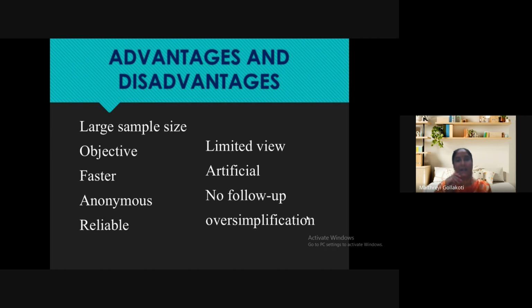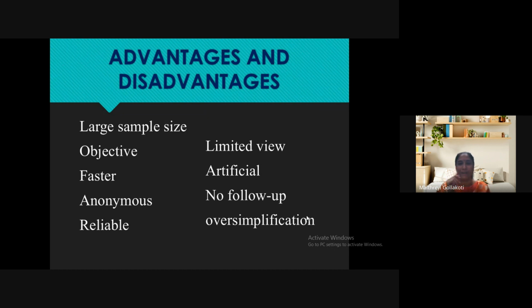Now, let us see the disadvantages. The disadvantage is that it is a limited view. As I told you, the qualitative tool is open ended. You can have a lot of discussions. You can understand why, what, how, all these things. Whereas in quantitative tools, we have only two answers, yes or no. So the view is very limited. We can't go far. We can't have more aspects for discussion. It is not possible. And it is artificial because it always revolves around only two options. So that is why it becomes very stunted and artificial sometimes.